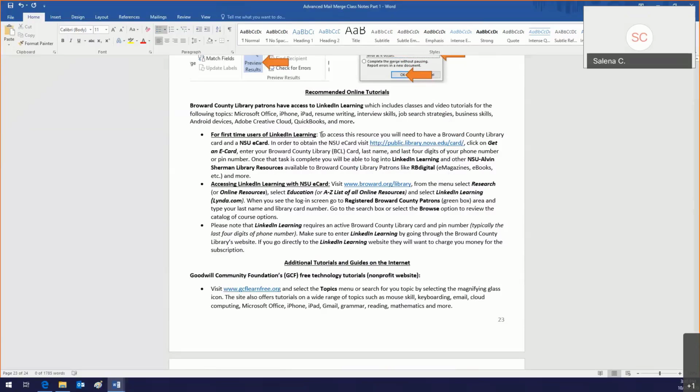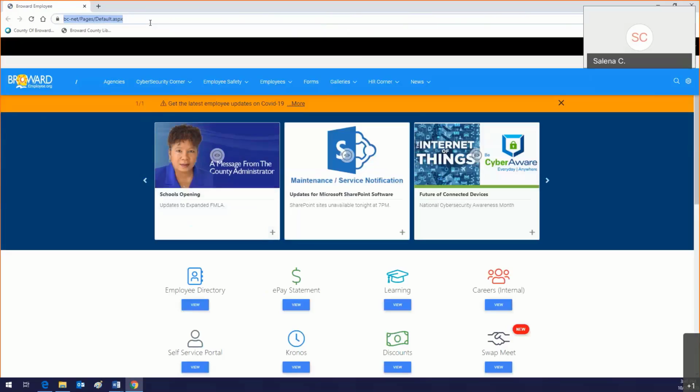And you would want to, basically, if you already have a Broward County Library card, and I know Justin has put the link to the Instant e-card in the chat box probably more than once. Well, if you already have a Broward card, like let's say you already have a physical library card, that works for the e-resources as well. So if you have a Broward County Library card, you just use that, and then you would want to register for the NSU e-card if you haven't already done so. Now, if you've already used Reference USA before, you don't have to really worry about it because you've already done it. But let me see, I'm going to share my screen here